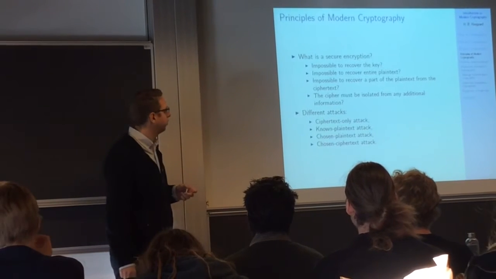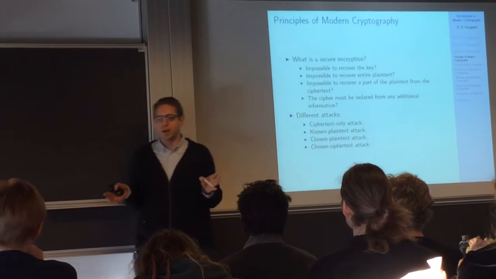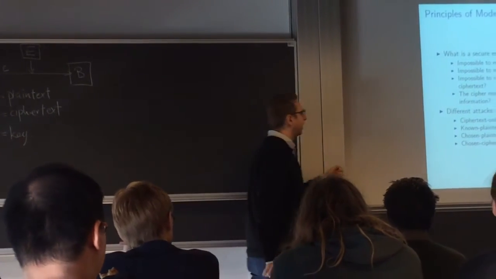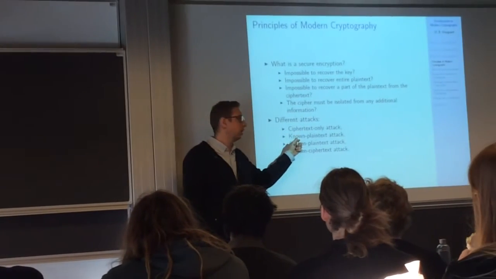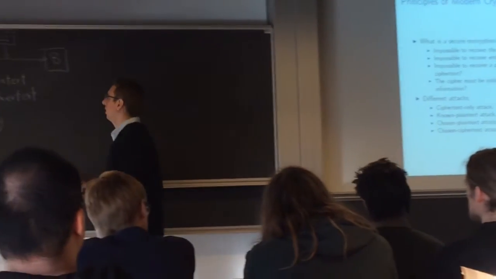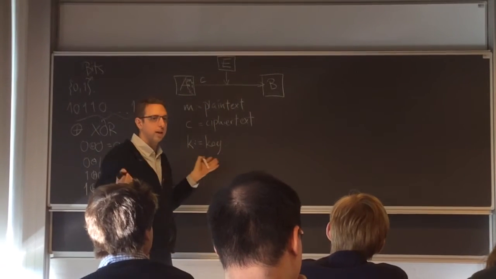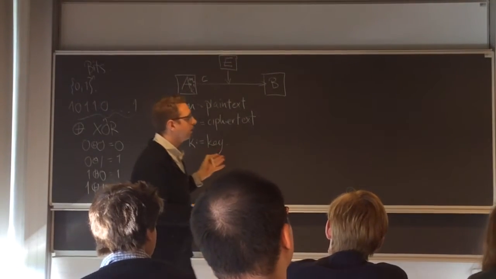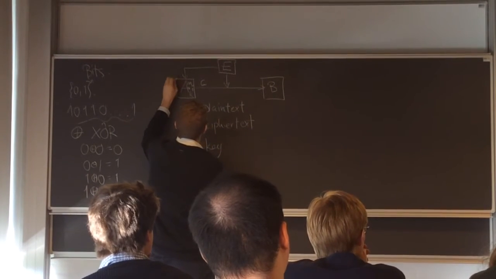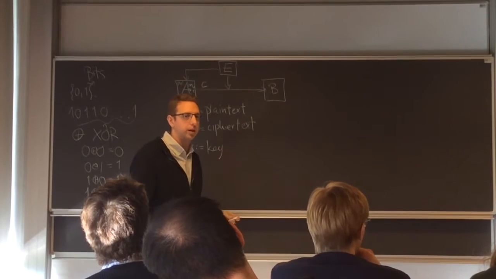So then we also think, what are the different scenarios that we might have? What kind of adversaries are we against? Is it one that only sees our ciphertext? Is it one that knows what Alice might want to send, like M0 and M1, there are only two choices, so it gets a C out and then it has to determine which one it is? Or is it chosen plaintext, in a way that the adversary can tell Alice to encrypt M prime, and then it checks what comes out?